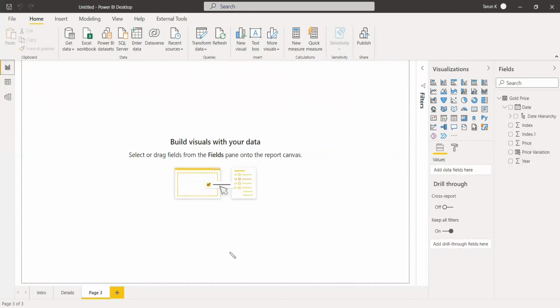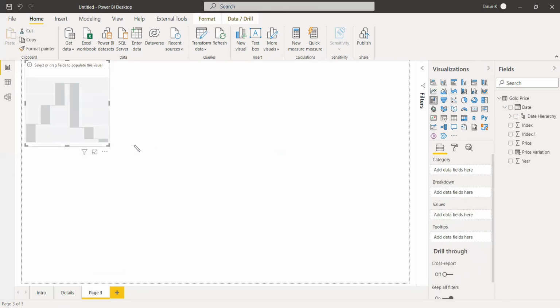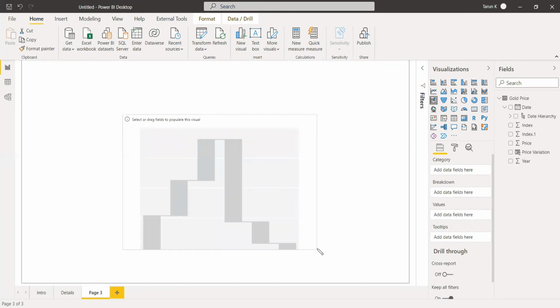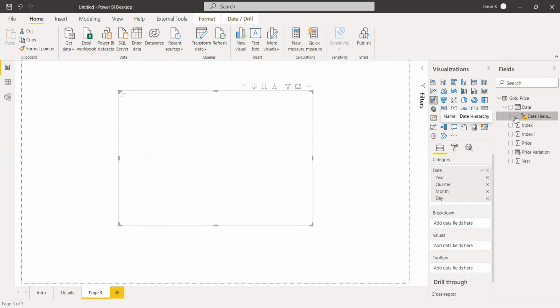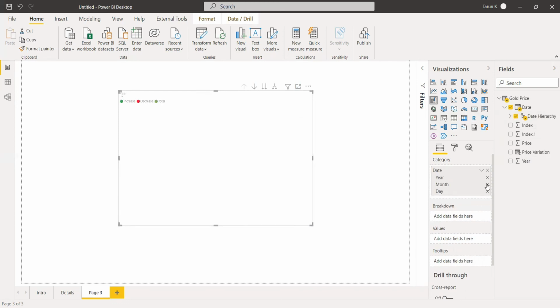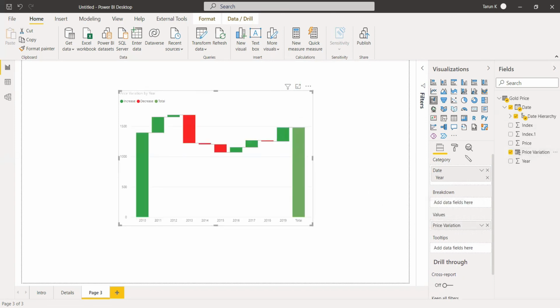Now we will take the waterfall chart, which is here. Just take it and place the date hierarchy: year, quarter, month, date. We got the year only, and now the price variations we can do.